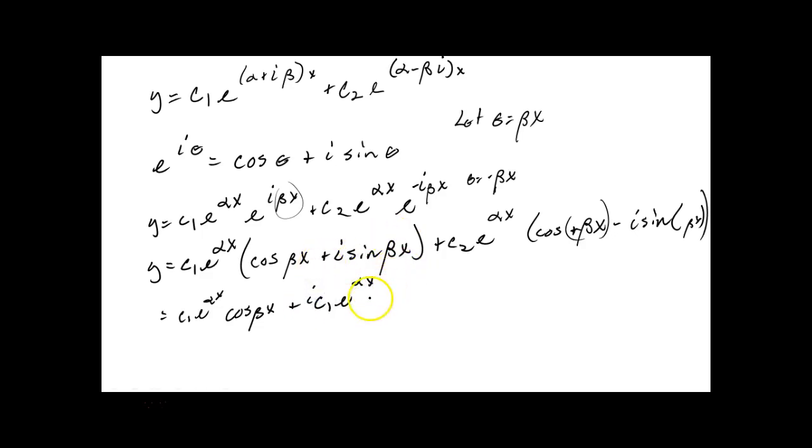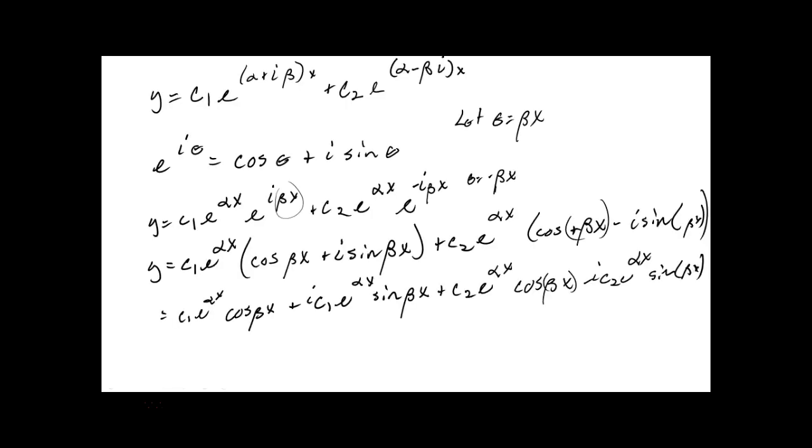I'm going to put the i in front. sin βx plus C2 e^(αx) cos βx minus C2 e^(αx) sin, we'll put the i in front, βx. Okay. Now,